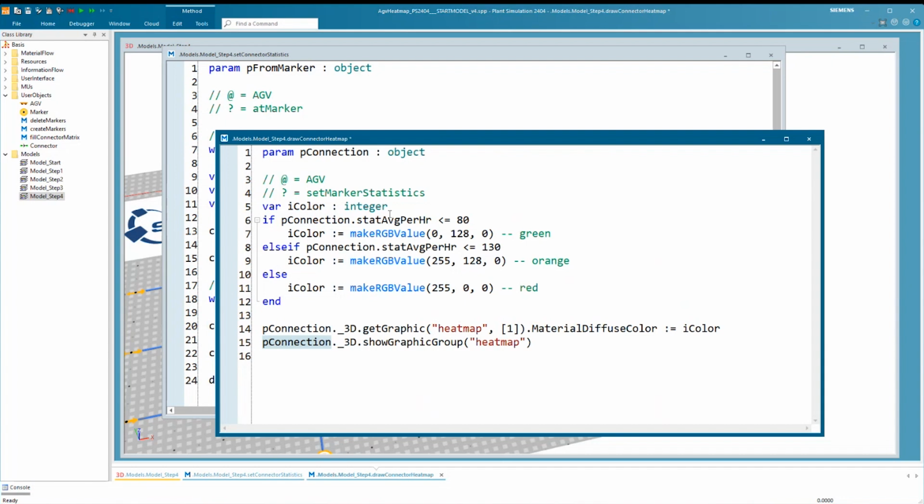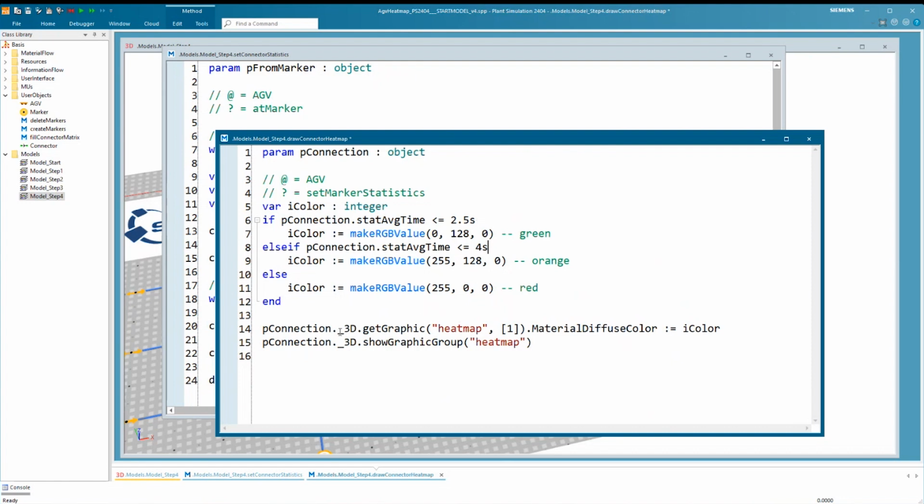So here I don't want to look at how many AGVs passed on this connector on average. I want to look at the time instead. So I just change the attribute that I'm looking at. And I wanted to use 2.5 seconds here for green, and then 4 seconds for orange, and anything longer than 4 seconds would be red.